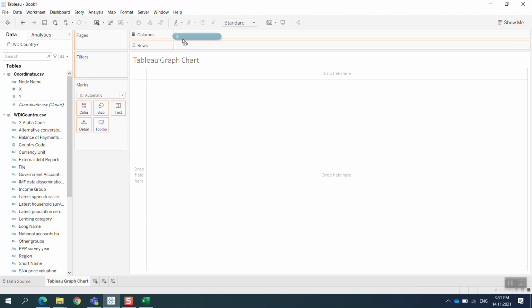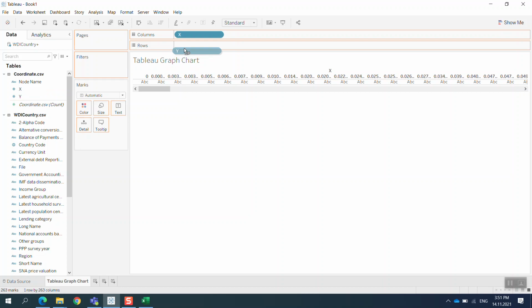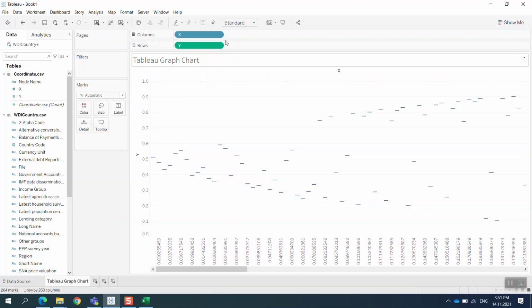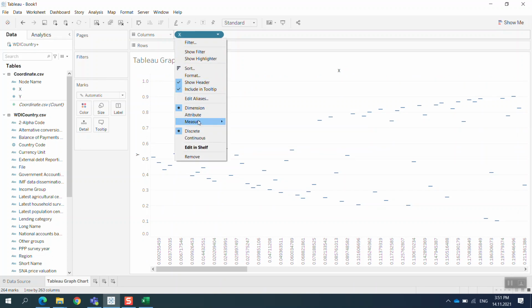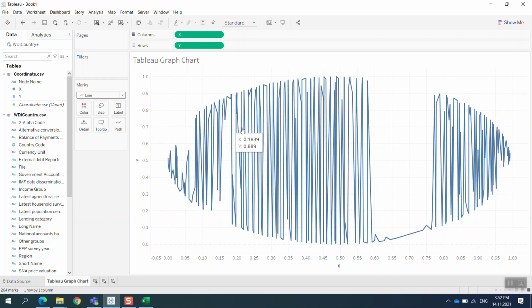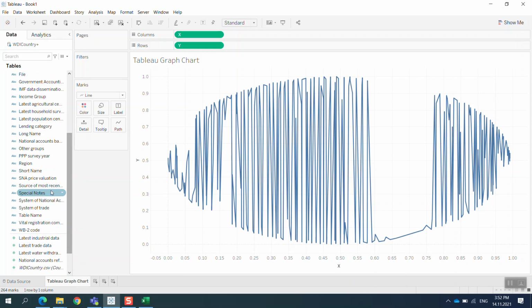So then you bring X to the column, Y to the row, and put that to continuous. So you can see all the dots of data have been created here. I want to put that like a line. So you can see the straight line here. We need to indicate to Tableau how to connect that line. So I will bring the short name, the name of the country, here into